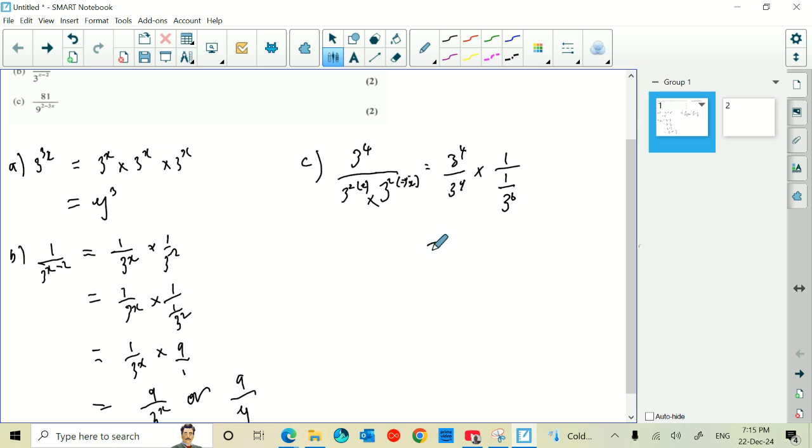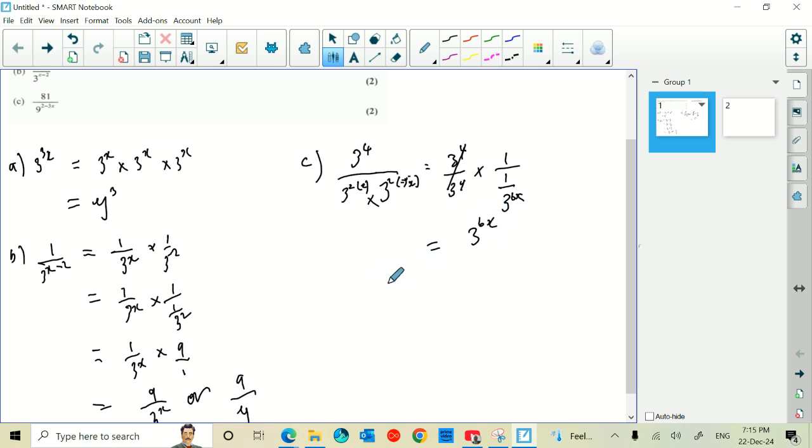So of course I'm going to end up with 3 to the power of 4 times 3 divided by 3 to the power of 4. That's gone. So I'll end up with, flip this, 1 over 3 to the 6 just becomes 3 to the power of, oh, that should be 6x, by the way. So that will just become 3 to the power of 6x,